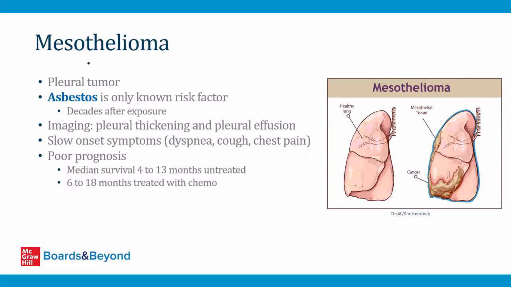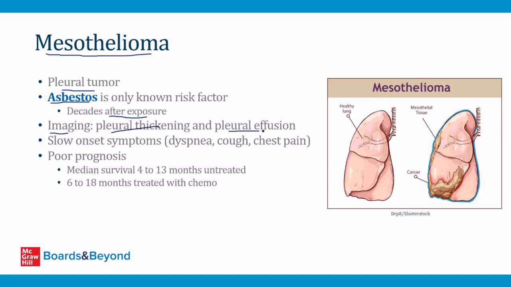And then I'll finish with one slide on mesotheliomas, which are pleural tumors. The only known risk factor for this pleural tumor is exposure to asbestos. Asbestos exposure occurs in workers in certain industries, and decades after they've been exposed, they can develop this pleural tumor. Because it's a pleural tumor, on imaging, what you usually see is thickening of the pleura and the presence of